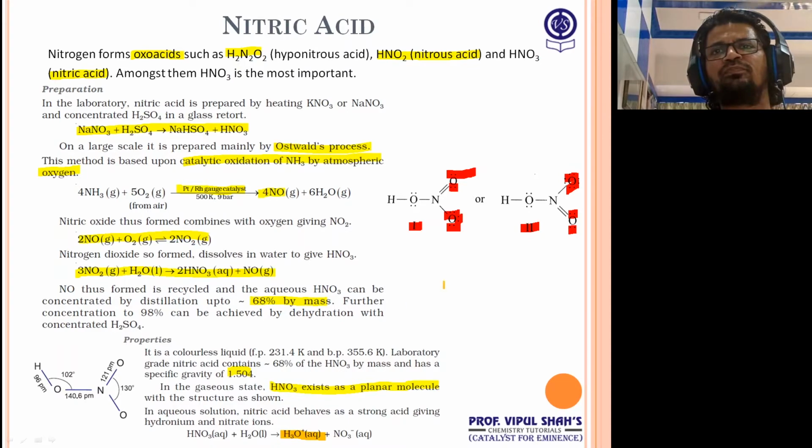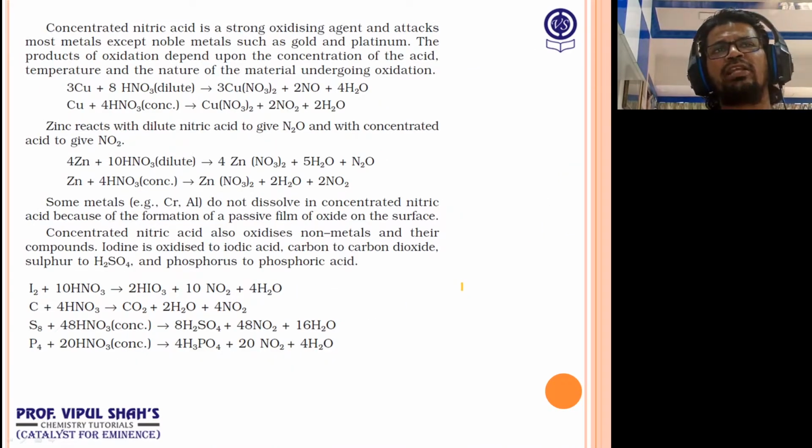Then next we have a few reactions to understand with respect to nitric acid. We all know it's a good oxidizing agent, it liberates nascent oxygen, and it attacks all metals except the noble metals. I've told you the meaning of the word noble: noble means they have low chemical reactivity. That's why we call them noble. And it says the product will depend on the concentration of the acid. So this word is very important, the concentration of the acid. So please look here. No need to remember the balancing, just know what product it forms. That's easier.